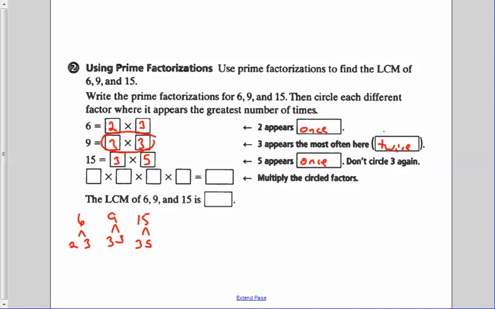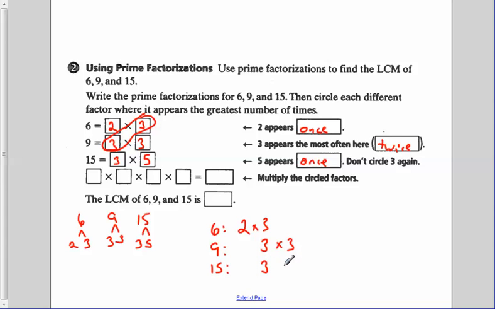Now you're probably thinking, well, why those 3's and why everything else? Well, if we look at this, 6 is 2 times 3, and 9 would be 3 times 3. I'm lining up the prime factors, and then for 15 we have